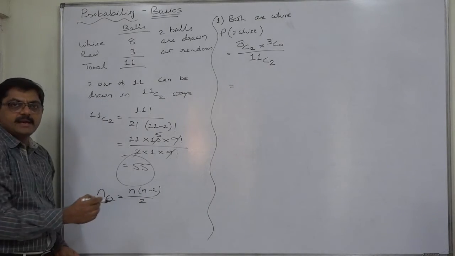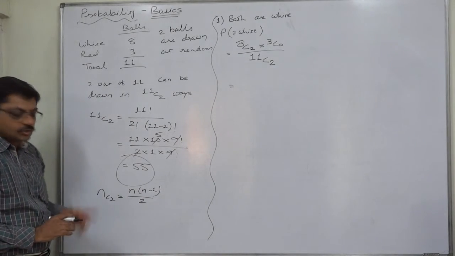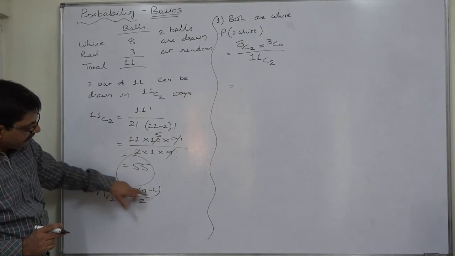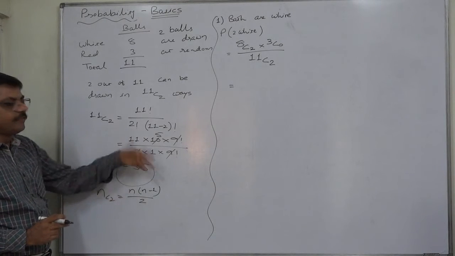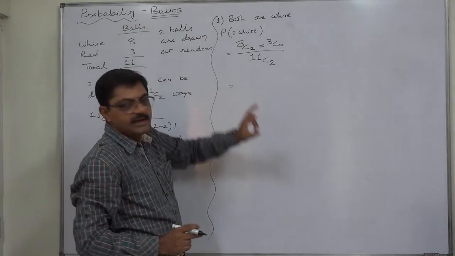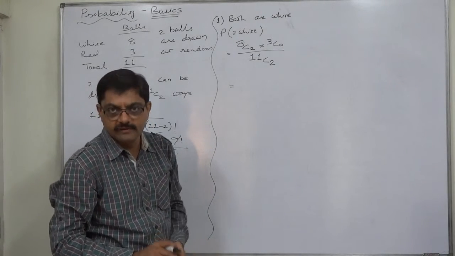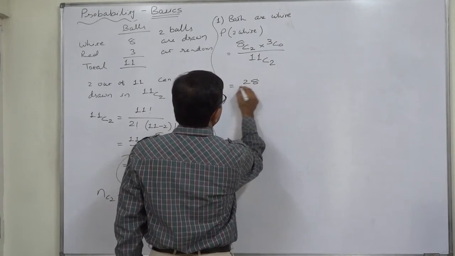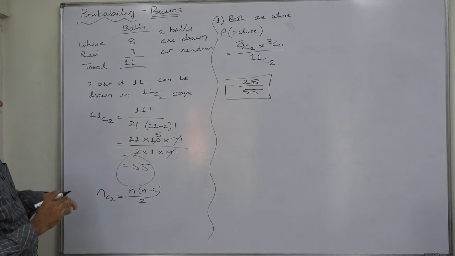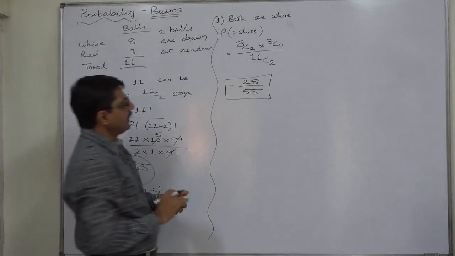Any one of these two will be an even number because these are 2 consecutive numbers. So that can be divided by 2 easily. So ultimately what will happen? The even number will be divided by 2, so the odd one out of n and n minus 1 into half of the other value. That will be the result of nC2 every time. So 8 into 7 divided by 2, 56 by 2, or 8 is divided by 2, 4 into 7, 28. It comes to 28 divided by 55. So the probability of drawing 2 white balls is 28 by 55.